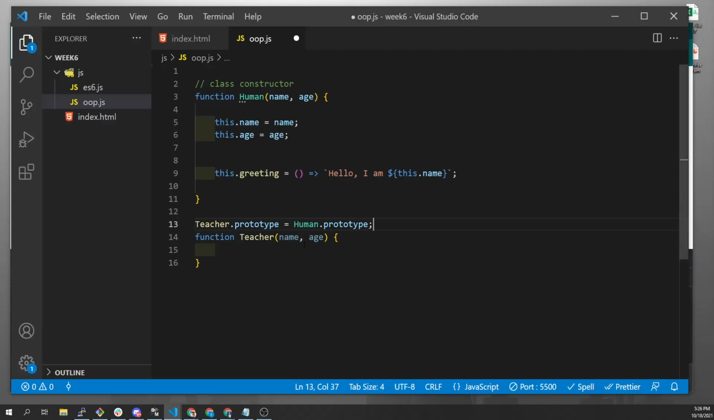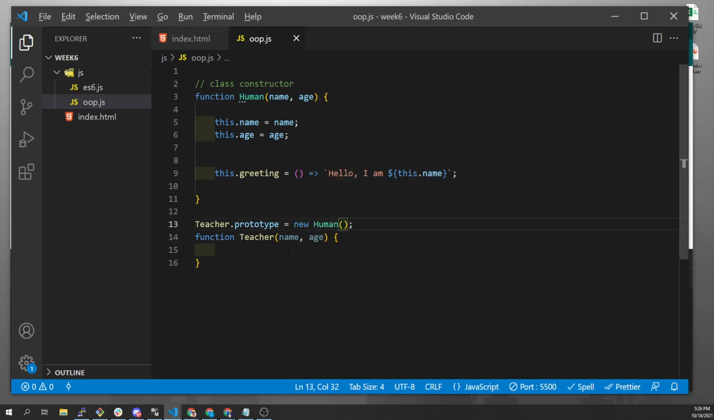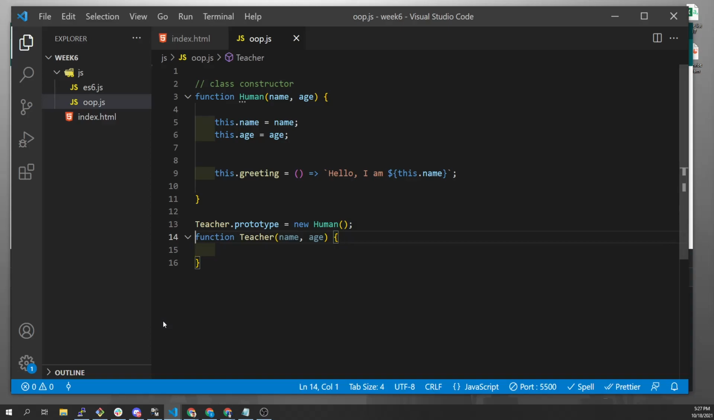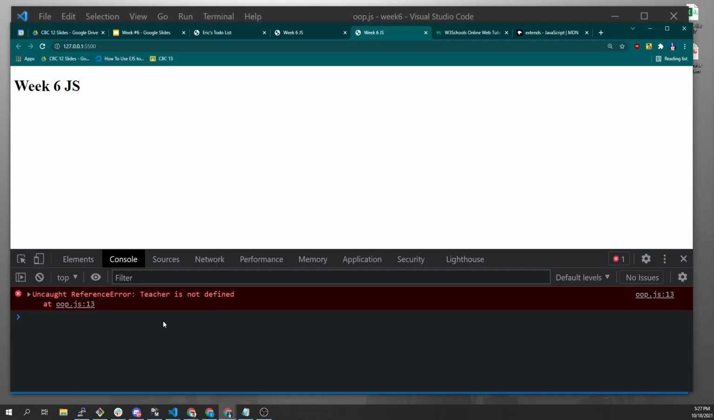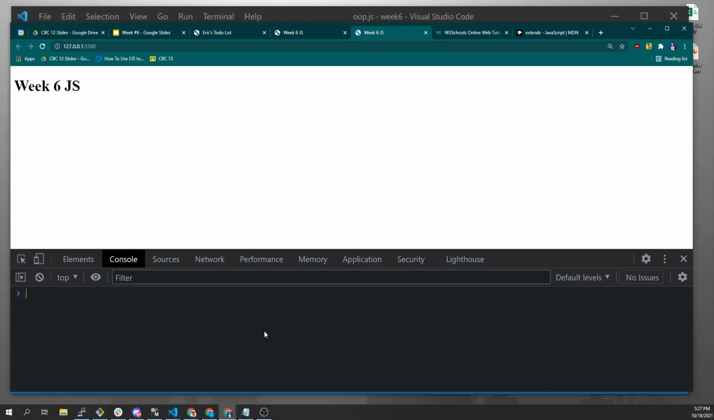And so what we can do in the old way of writing JavaScript for object-oriented programming, we would say, hey, the teacher prototype takes the exact same thing as the human prototype. Or maybe we say new human, right? So we say that when we create a teacher, it is going to inherit everything that human got. So let's say function teacher, name, age, right? So by default, teacher.prototype is going to be a human. So if I say var me equals new teacher, Eric 37,